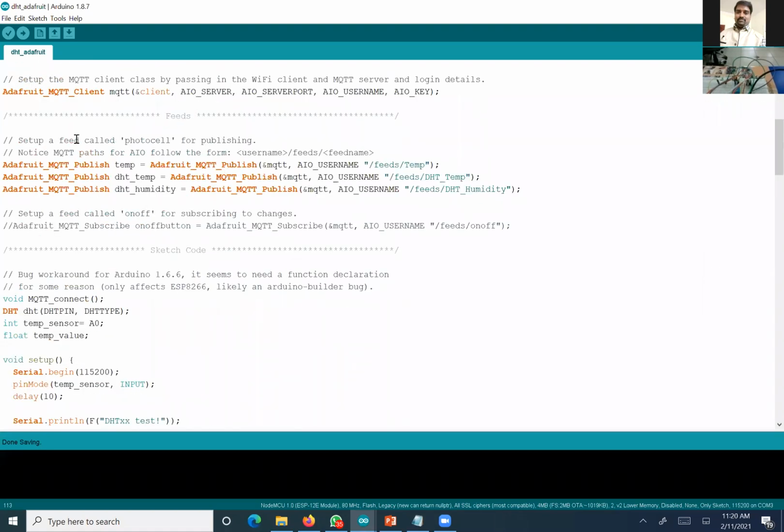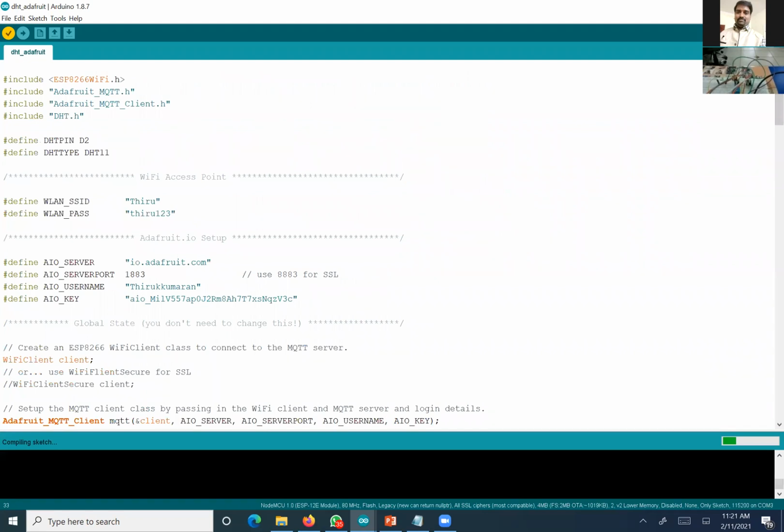So I'll try to compile and upload this program. First, compile the program. In this code, I have written the code for Wi-Fi communication, right? First you need to check whether the Wi-Fi communication is there or not. This is my hotspot.